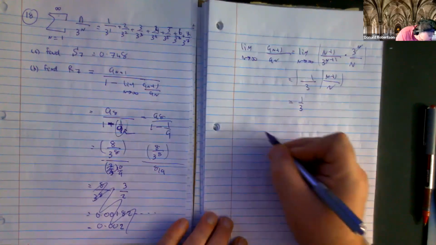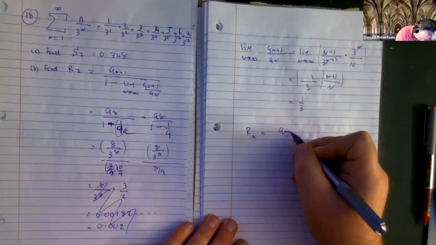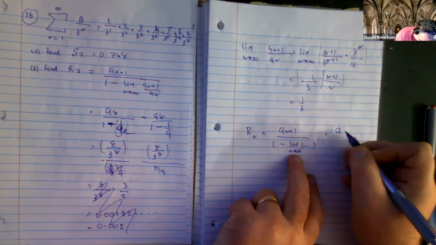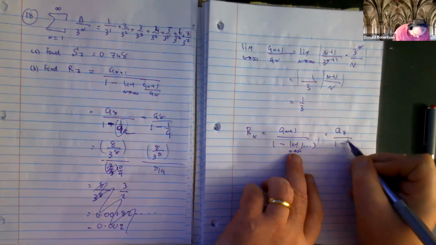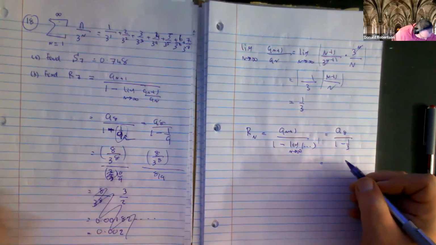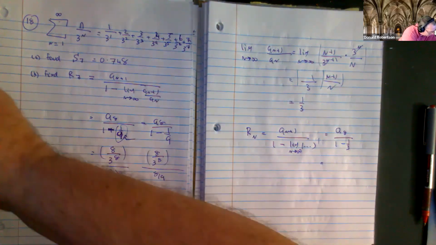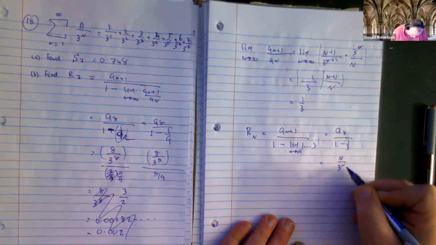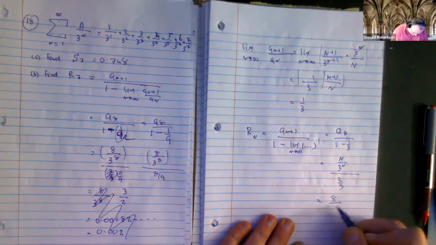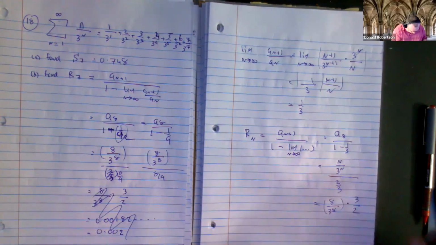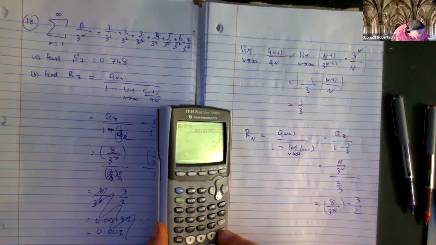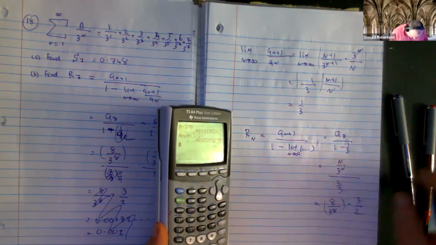So the guy we want, Rn, is going to be a_n+1 over 1 take away the limit that we just found. So it's going to be a8 over 1 take away a third. A8 is going to be, I've wrote the guy somewhere. Has anybody got, oh, here it is. A8 is n over 3 to the n, 2/3. So it's 8 over 3 to the 8 times 3/2. So I have 8 divided by 3 to the power of 8, which is this guy. And I'm going to multiply this guy by 3/2. And I get